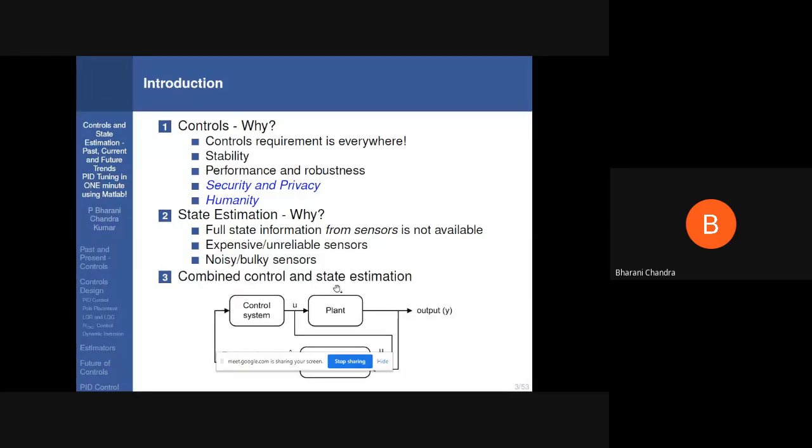So this is the philosophy behind the combined control and state estimation. You can see this is the plant and this is the output, and the input which is going to the plant is given to the state estimator, and the state estimator estimates the complete states. For example, if the plant has 100 states, I assume that only 50 states are available for measurement, which I call the output. So Y is only the 50 state information,